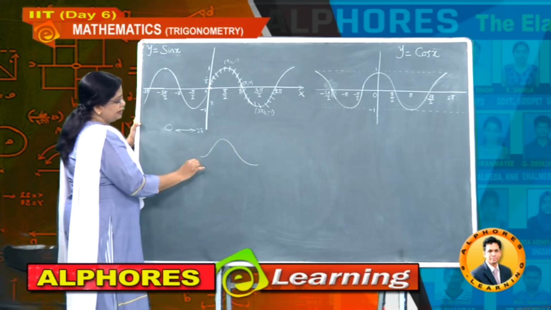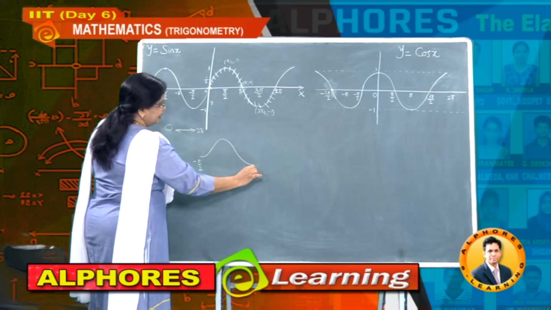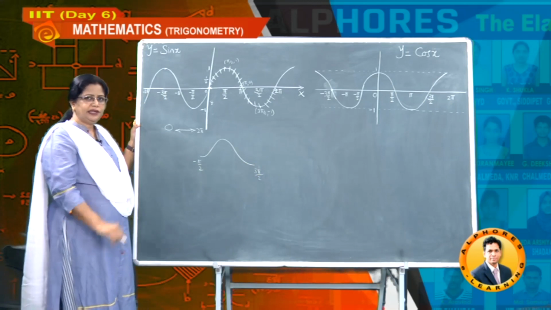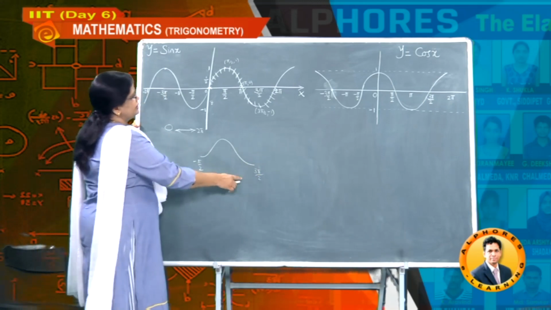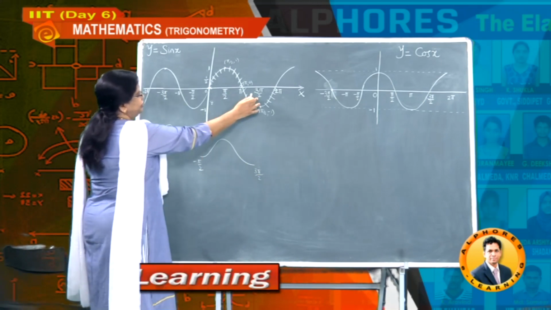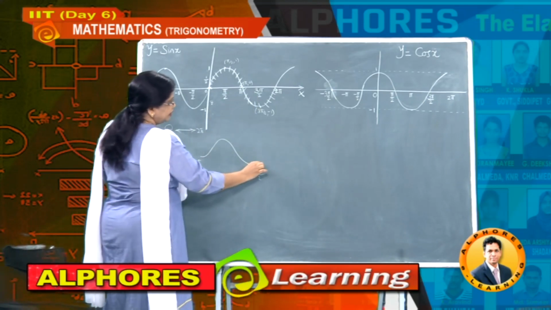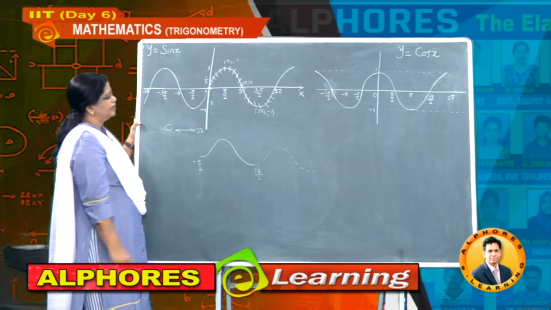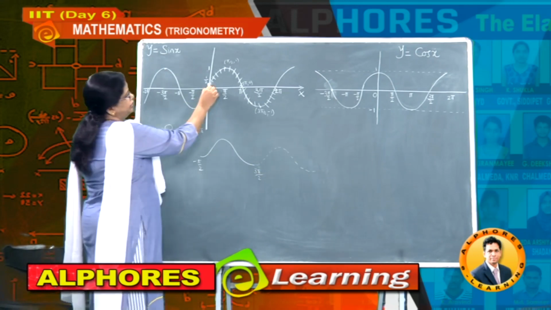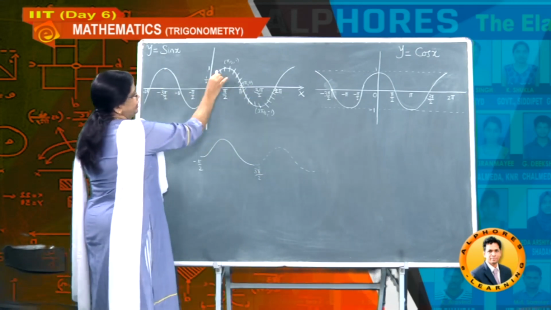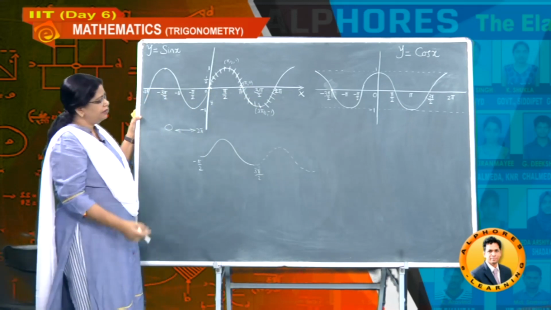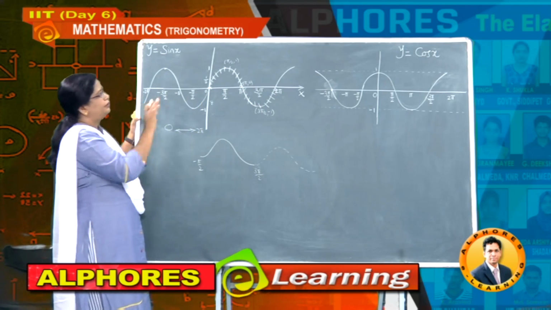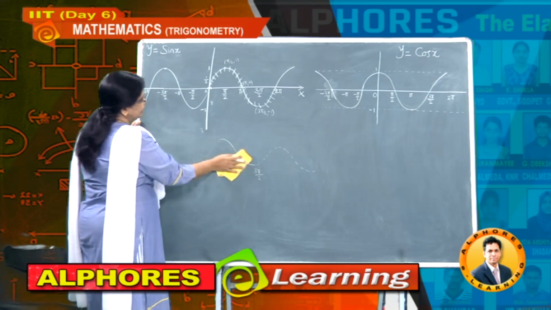This is minus pi by 2 and this one here is 3 pi by 2. Then what is the difference between these values? It is again 2 pi. So from minus pi by 2 to 3 pi by 2, the same shape repeats. So however you start, whether from here to here, or from minus 90 to 3 pi by 2, the shape of the curve remains the same for a gap of 2 pi units. That's why 2 pi is known as the period of the sine function.